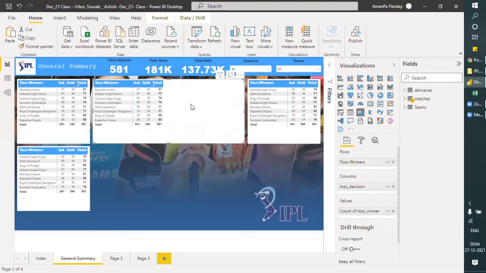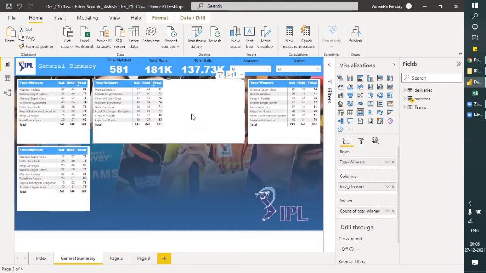Now, in this second one, we will be finding how much is the average run in the first innings and what is the average run in the second innings by each team. Then we will be applying an average line on both the innings, to see which teams are above the line and which teams are below the line.